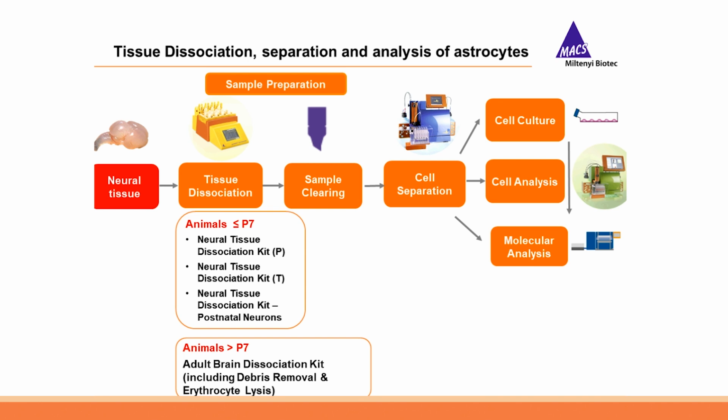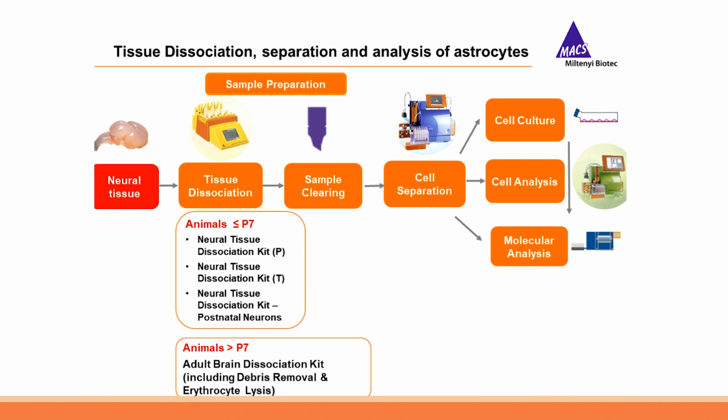So in case of animals up to P7, we have, as mentioned, the Neural Tissue Dissociation Kit PET or the Neural Tissue Dissociation Kit postnatal neurons. And when you work with animals older than P7, we recommend to use the Adult Brain Dissociation Kit. And this kit already includes the debris removal and an erythrocyte lysis that is needed in case of older tissue